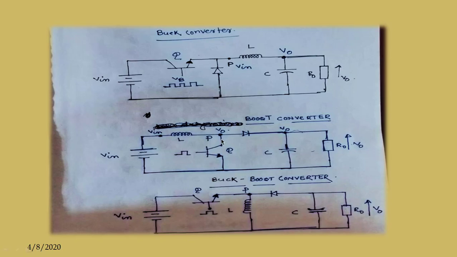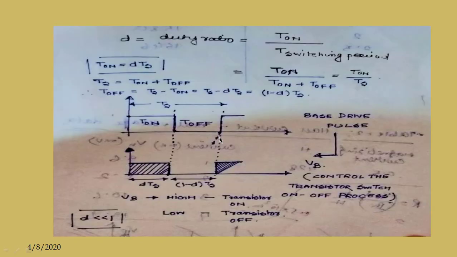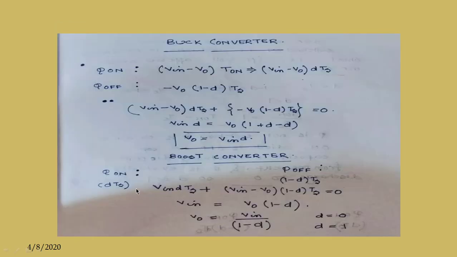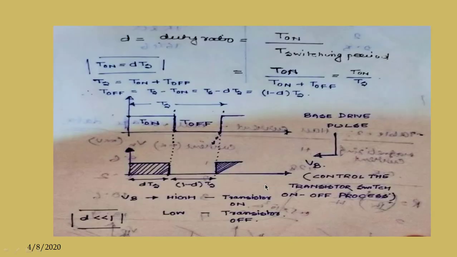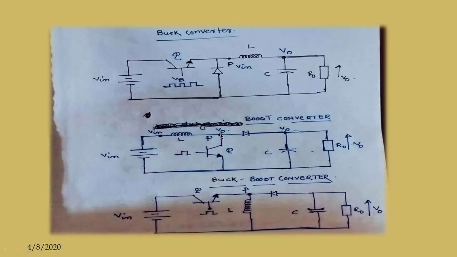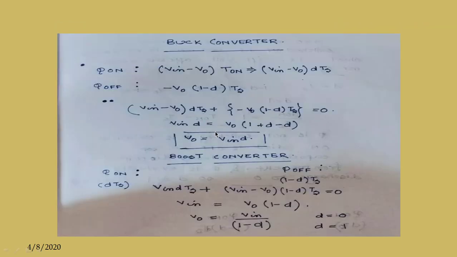Now when it is in the on period, that is dTs, the voltage is V in, and when it is off it is V in minus V0. Because if we see the circuit, when it is shorted it is at zero potential, and this is V in potential, so V in minus 0 is V in. And when it is open circuited, this voltage will appear here and here also, so it is V in minus V0. So it's V in into dTs plus (V in minus V0) into (1 minus d) Ts equals 0,